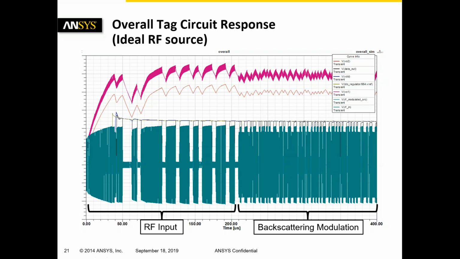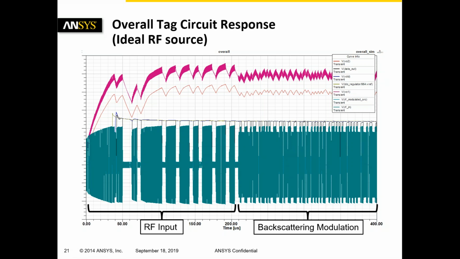The two top zigzag curves are the voltages on various stages of the charge pump. The brown curve is the clean 1.25 volt DC voltage. The black curve, which is a little bit hard to see, is the